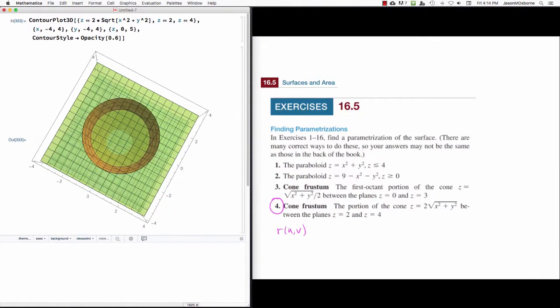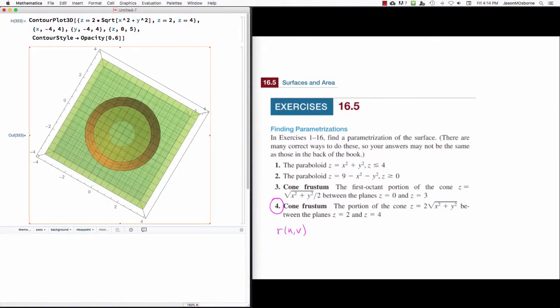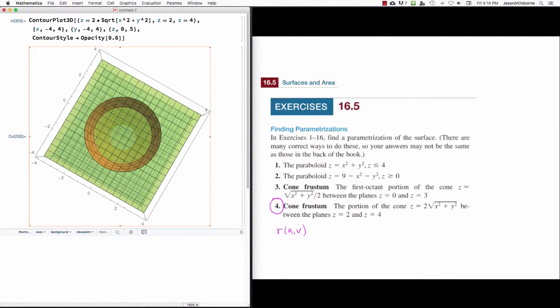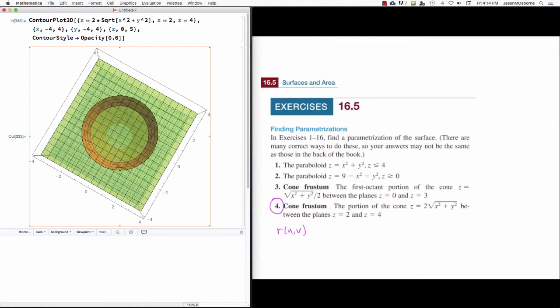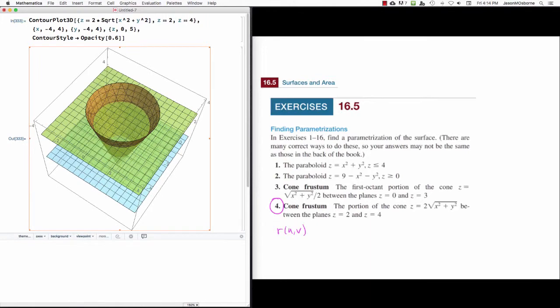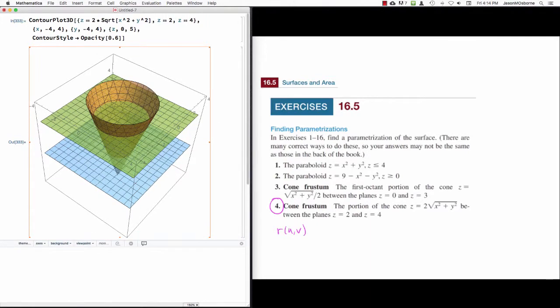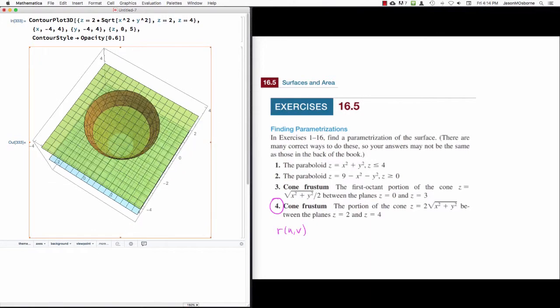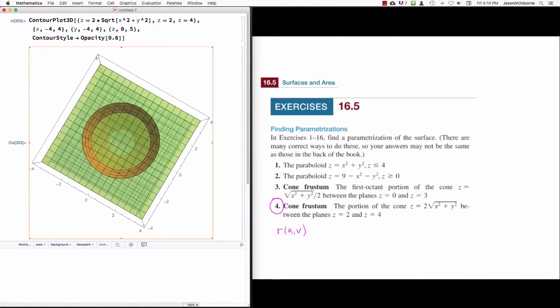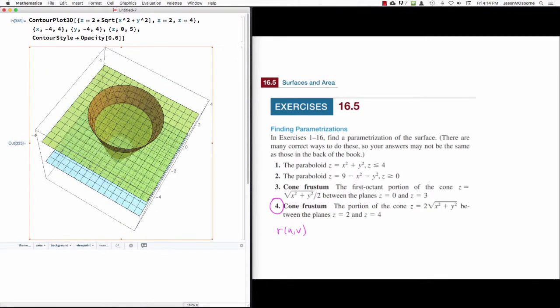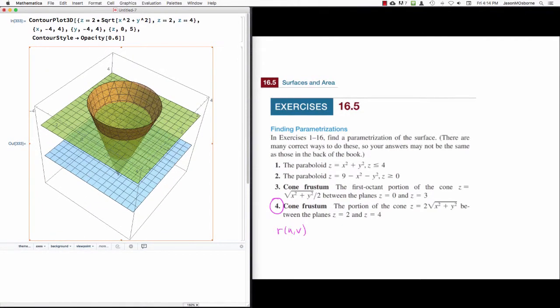There's this kind of weird green one right here where the plane cuts through, and then there's a smaller circle. So the radii of those 2 circles change. And we're getting circular regions in the xy plane,